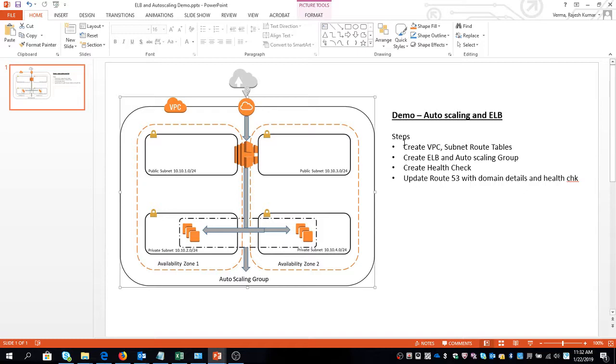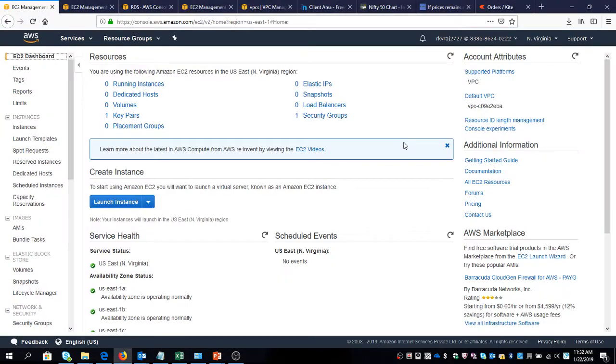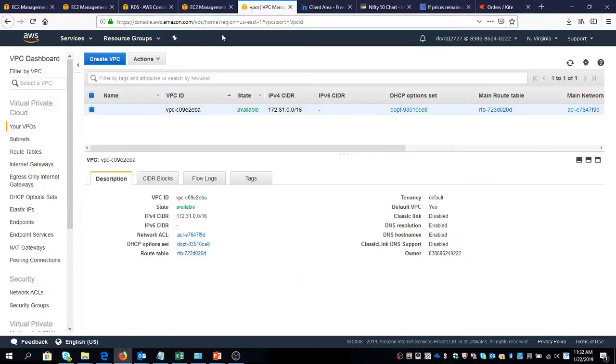All right. I think we are good to go. Let's quickly move on to the AWS console. So I have logged into my AWS console, and this is the region I logged into, North Virginia. So let's go ahead and quickly